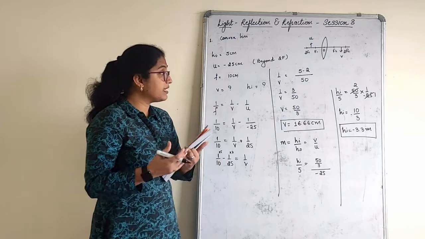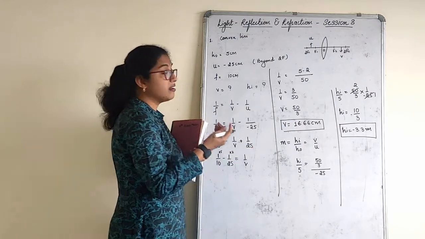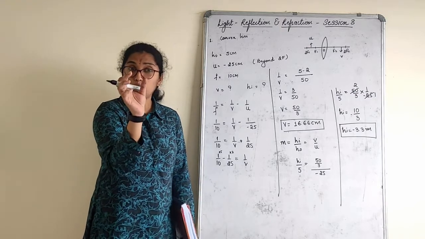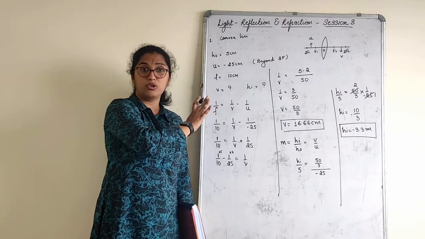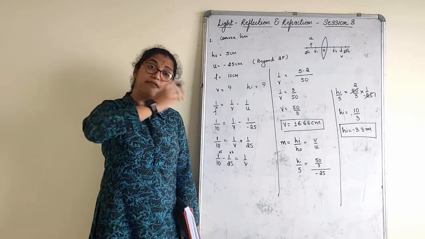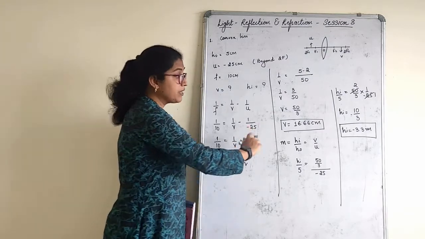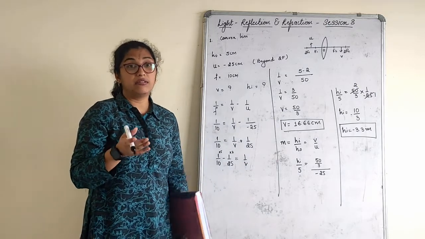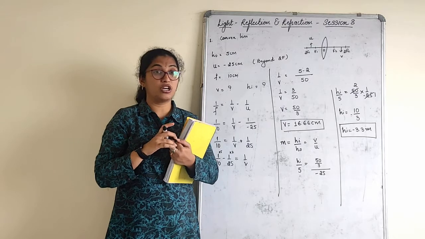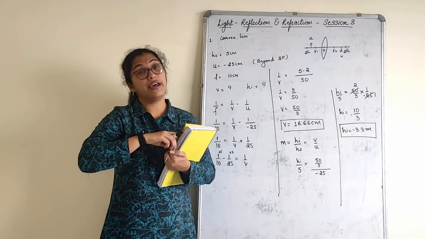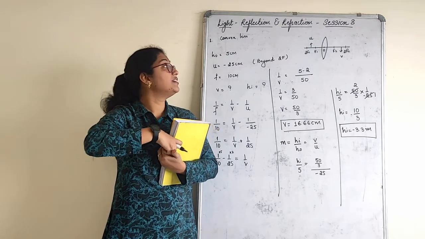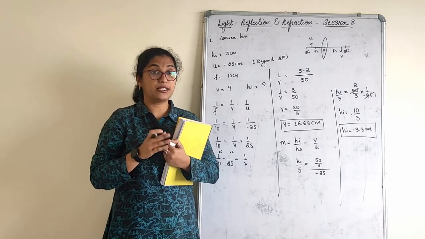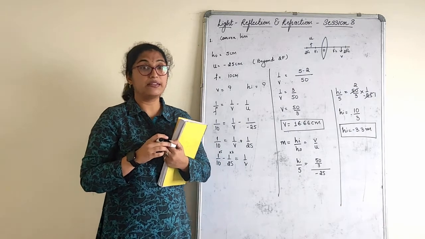Now see children, for drawing the ray diagram, you need not take the distance actually. You take your usual one only. What is that? 2 centimeter, 2 centimeter beyond 2f, right? Draw the ray diagram what we have done already. Similarly, after this you should draw a ray diagram if it is asked. Now the only question is, when they ask you to draw the ray diagram, you should know where the object is kept. Now we know here because I explained how. So that is how you understand where the object is kept initially. Very clear?